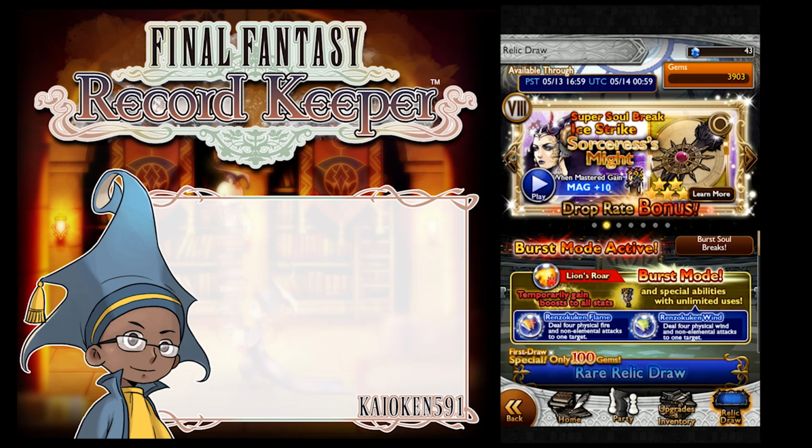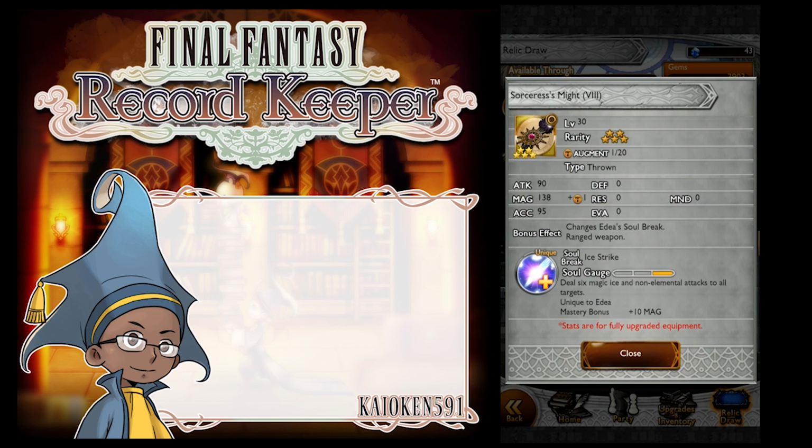Anyway, now we have to go back quite a bit. No, we don't. Next up, we have Edea's Super Soul Break because she's being dropped in this event. I kind of want to use Edea as well because she will be a dark mage. Only problem with Edea is she has the